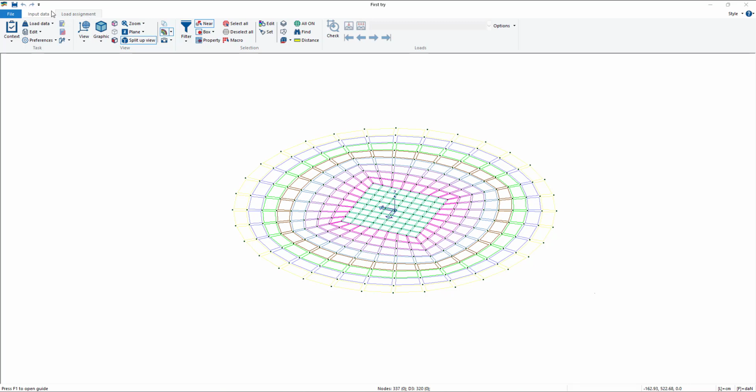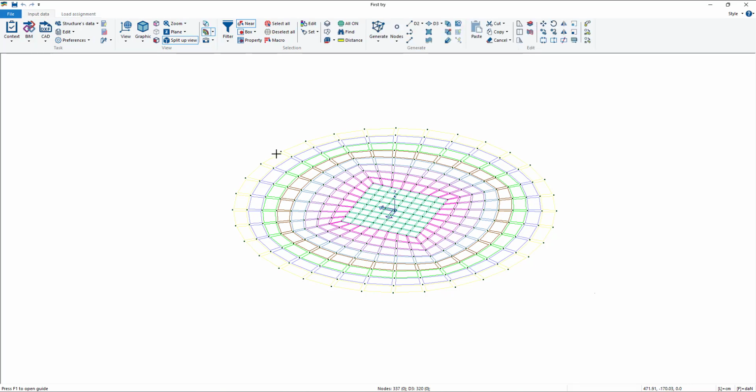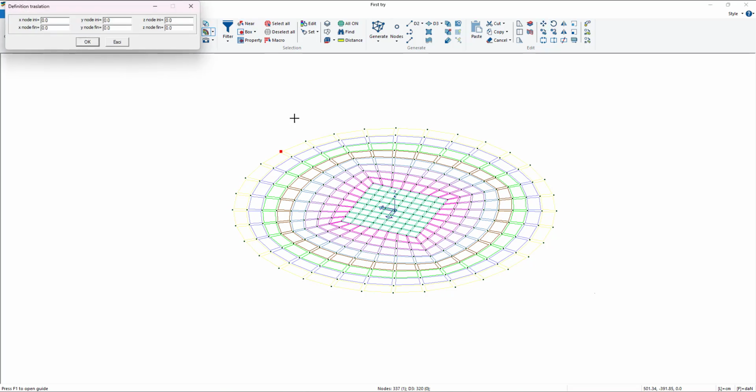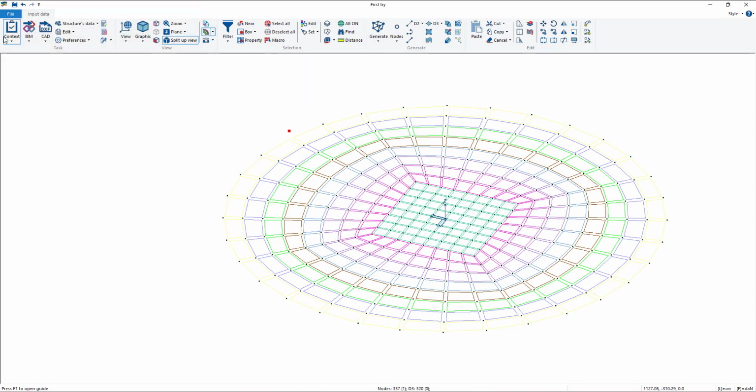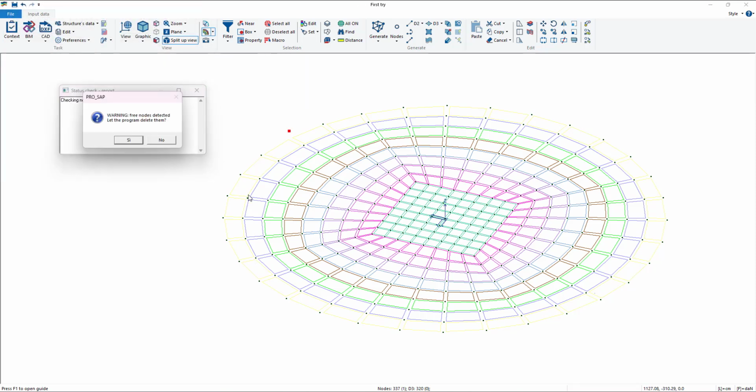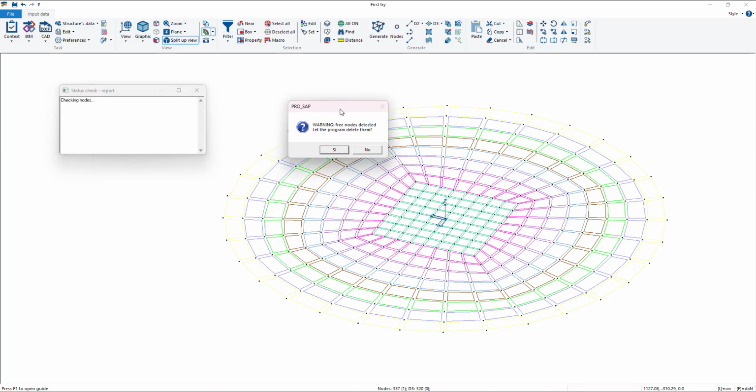Now let's say that during our modulation we moved a node far away from their D3 elements, like this. Okay, it's just an example. So now this node doesn't belong to these two elements anymore. If we do the check, the software is going to give us a warning, making us aware that there are 3 nodes detected, and ask us for the program to delete them. So yes, we say yes,